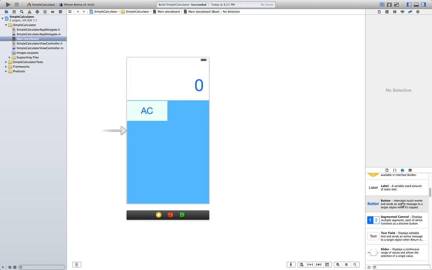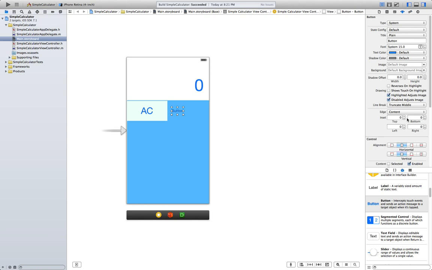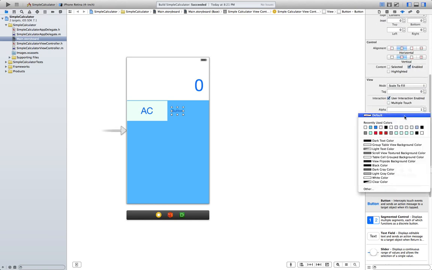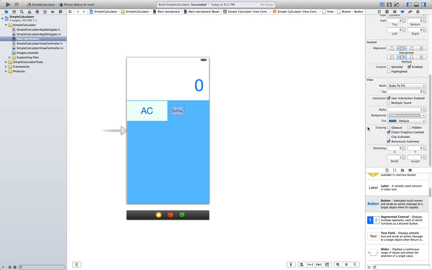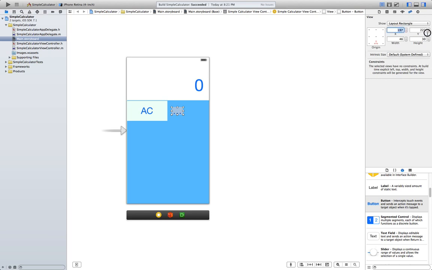And then I'm going to show you how to make one more. It's going to be a plus minus. So go ahead, change the background to this light blue. Select a custom font of 35. Its size is 199 times 247.